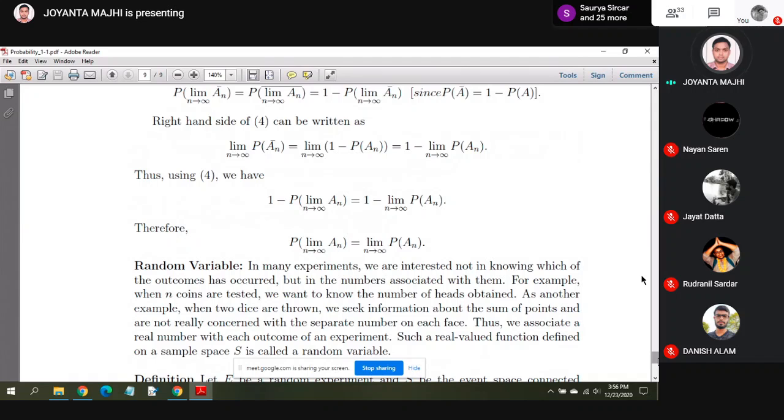ওকে, আজকে এই পর্যন্তই থাকবে। নেক্সট ক্লাসে আমরা র‍্যান্ডম ভেরিয়েবল নিয়ে আলোচনা করব।